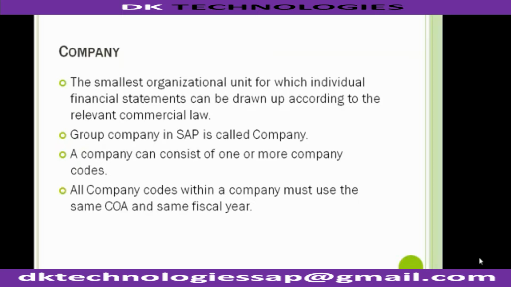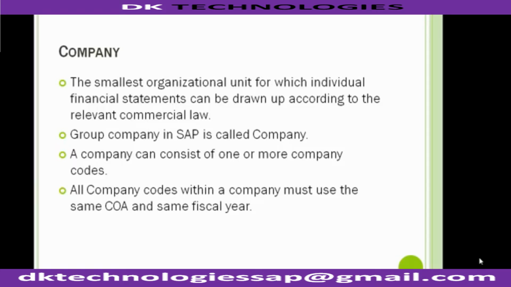Company is the smallest organizational unit for which individual financial statements can be drawn up according to the relevant commercial law. Group unit or group companies in SAP is called company. A company can consist of one or more company codes. All company codes within a company must use the same chart of accounts and the same fiscal year. Basically,